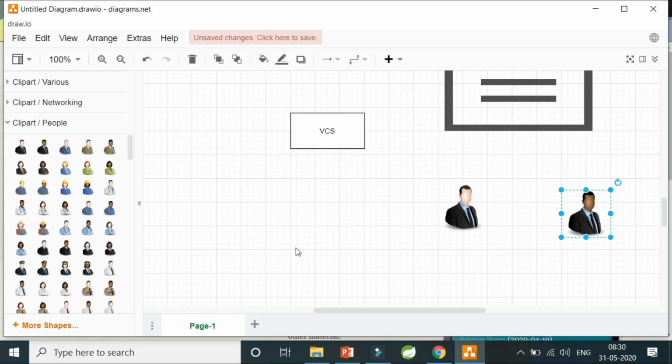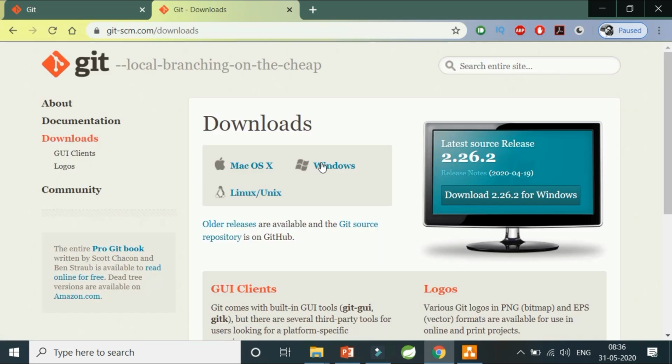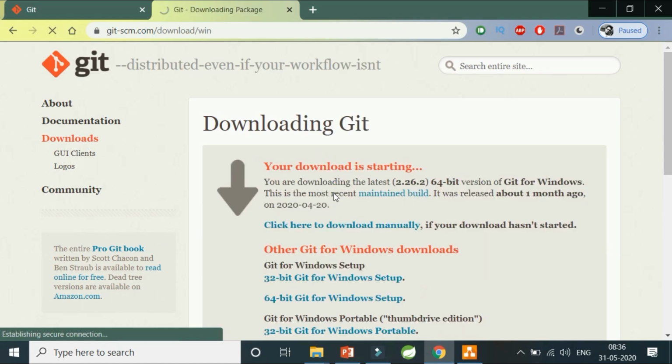So let's get started with the practical implementation. The very first thing we need for this tutorial is Git, so the first thing we have to do is install Git. This is the link, git-scm.com. Here you will get Git in the particular version. Whatever operating system you have, just install it for that, as I'm installing.